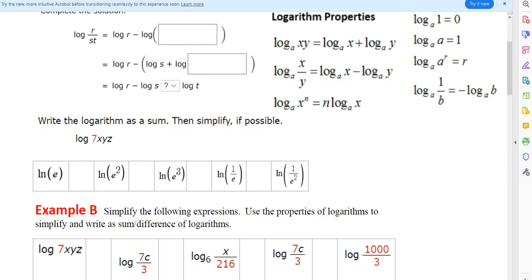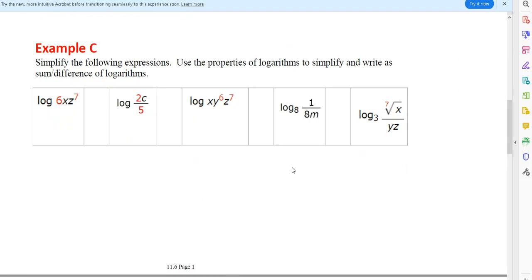The last one. So let's take a look at the last one. And let's see here. So that's this one. Log base 3 of the 7th root of x. So Charlie, this is a direct answer to your question. You're not always going to have nice whole numbers out in front. In fact, to kind of get started on this one,